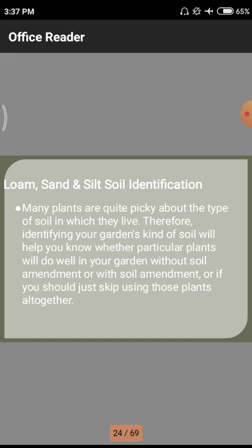Mainly, plants are quite picky about the type of soil in which they live. That means in huge numbers of places we observe greenery, and in those places plants are suitable to grow. If plants are suitable to grow, automatically the soil will have some amount of organic matter, and there may be some sort of friction between their roots and the soil strata, such that there is a chance of growing plants.